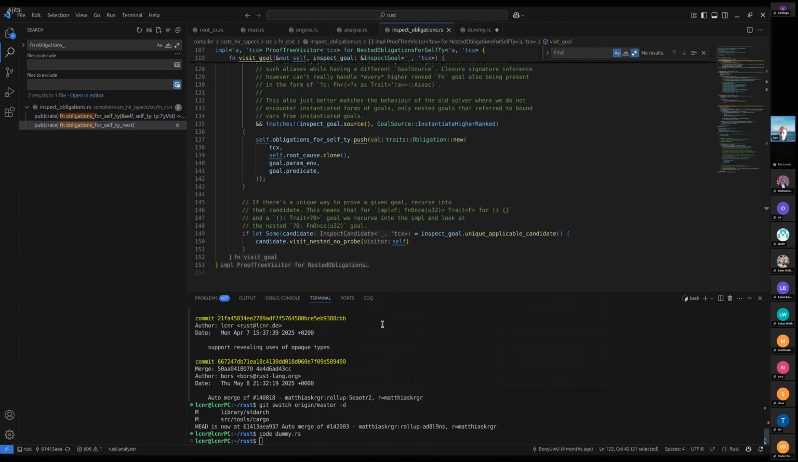And the final case is diagnostics. We've got one visitor during coherence, which is looking through all ambiguous goals to figure out whether that goal is only ambiguous because the trait drift is unknowable. And then we have the best obligation visitor, which you might know that if you do